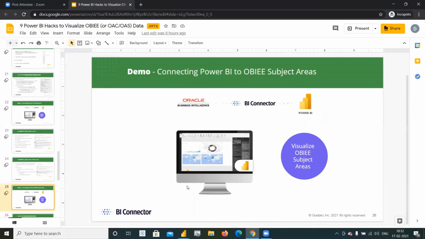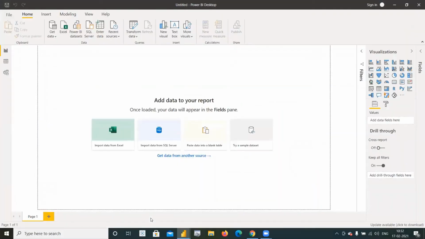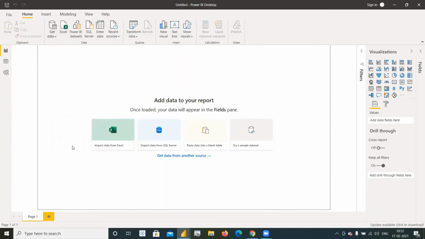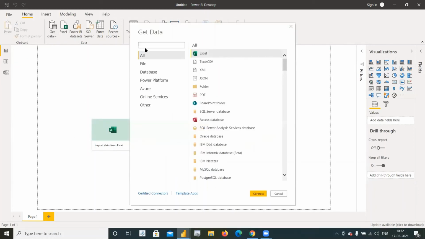Okay, I'm just getting back to the Power BI window. This time I'll just connect to the subject area. Get data, more, BI connector.